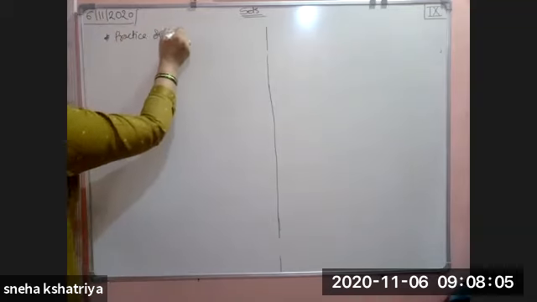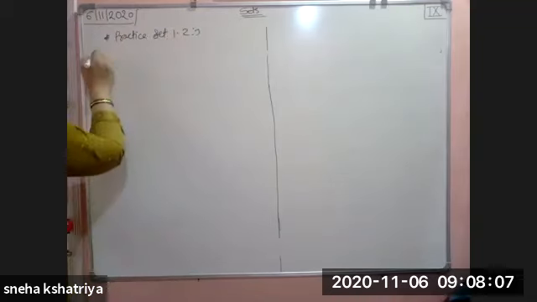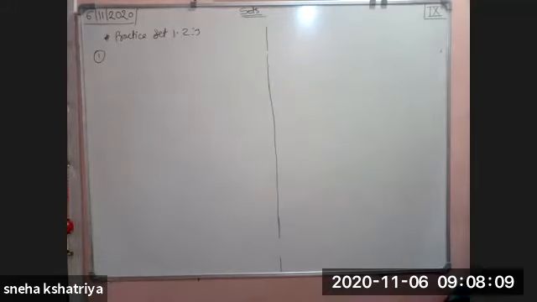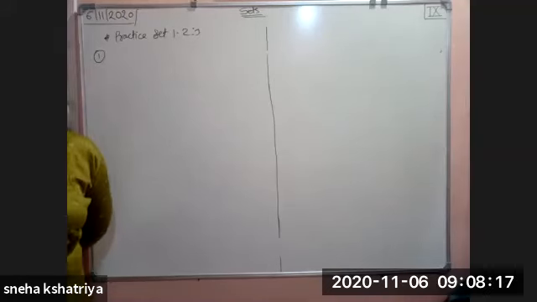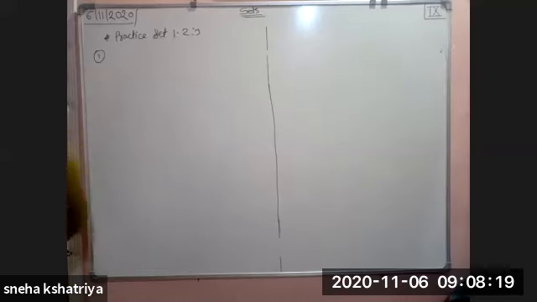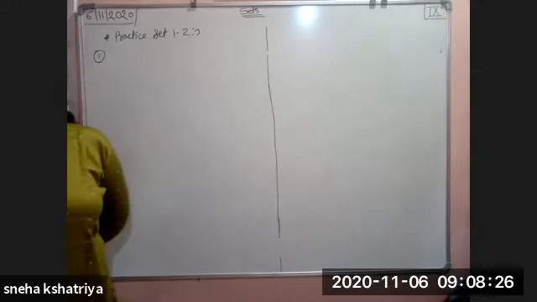Practice set 1.2. What is the first question? The first question is: decide whether the following are equal sets or not. You have to find out whether they are equal sets or not, and you also have to justify your answer. There are 3 sets given. From those 3 sets,